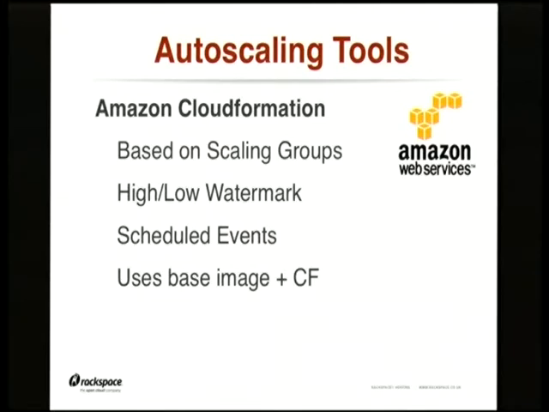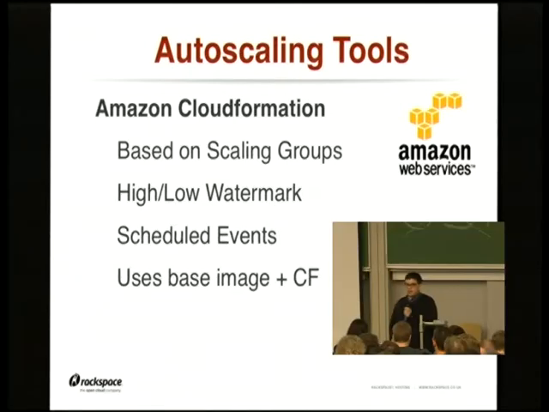So the first one is Amazon CloudFormation. This was created by Amazon in order to be able to rapidly deploy new servers and install the application on them, so they are ready for production as fast as possible. And on top of that, they added autoscaling groups. So in Amazon, what you do is create an autoscaling group and start feeding servers into that, and you connect that with a CloudFormation template. This CloudFormation template will define what the new server will look like in this autoscaling group. The normal thing with this is that it's completely reactive, so it will react to a high and